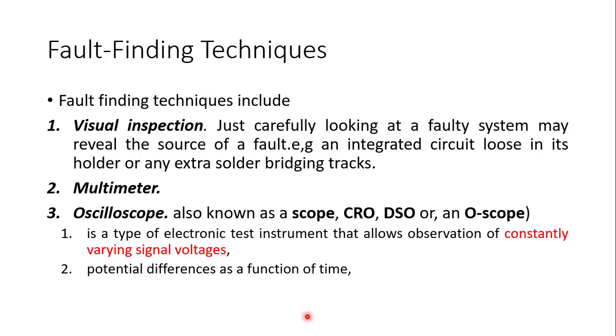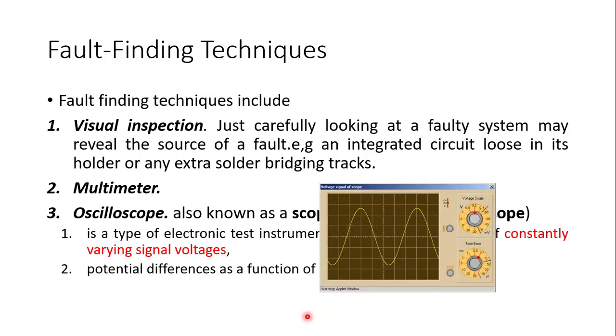Some of you don't know about the oscilloscope, so just Google it. What is an oscilloscope? Actually, it is for testing signals: amplitude, signal frequency, signal wavelength. Everything can be checked on the oscilloscope. There is a variety of oscilloscopes available in the market, depending upon the signal. It checks your signal strength, value, all the parameters of your signal. The image of the oscilloscope screen is this one.